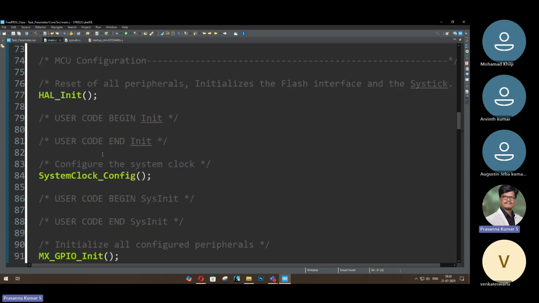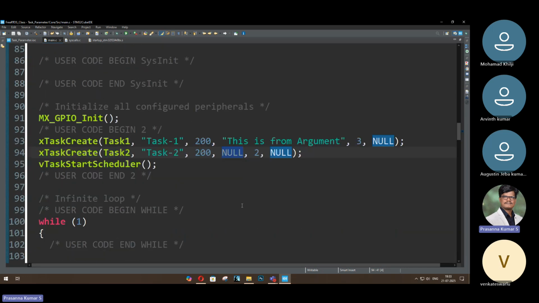Since it is a character array, I'm going to pass the address of text over here, because my function argument is a void pointer, so I need to pass an address for that pointer. Here I am passing this variable as an argument, and inside this task number two,